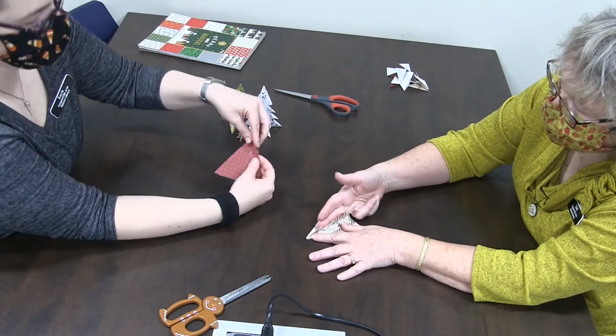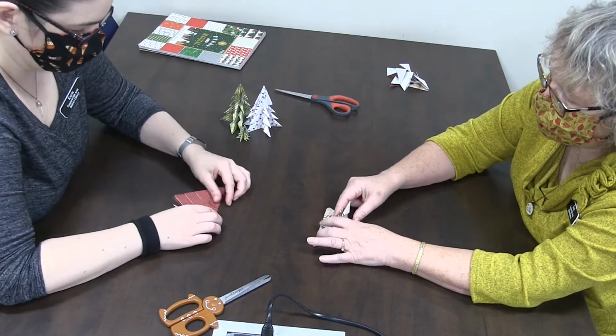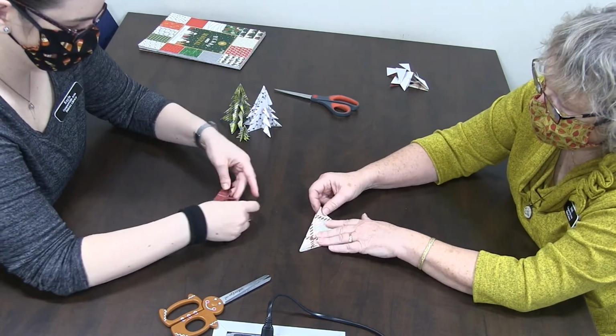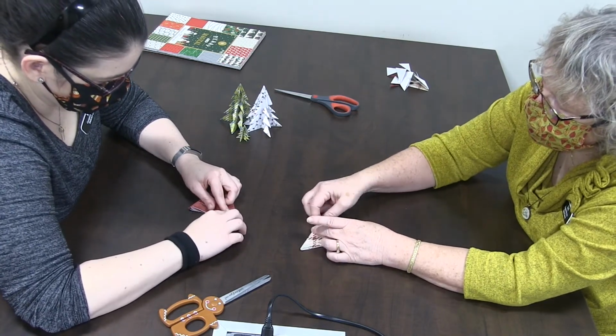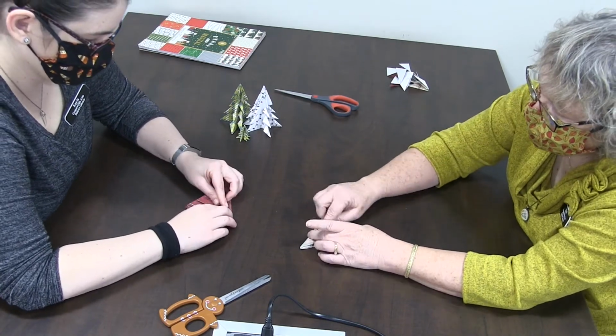And then you're not gonna fold this one. The top piece, you're just kind of... That's the crown of your tree. Yep. All right, and then pretty much you just fold that one out of the way, do the rest, and then you just keep going around until you get all of them. And remember to make sure you are going the same direction. Yep, same direction. Otherwise, your tree can have a...